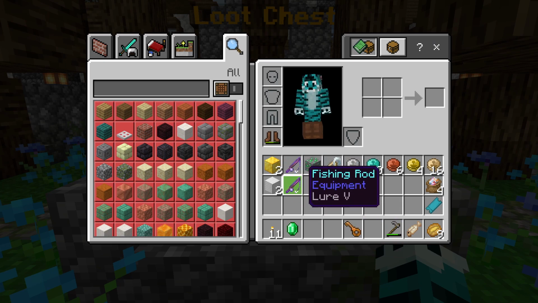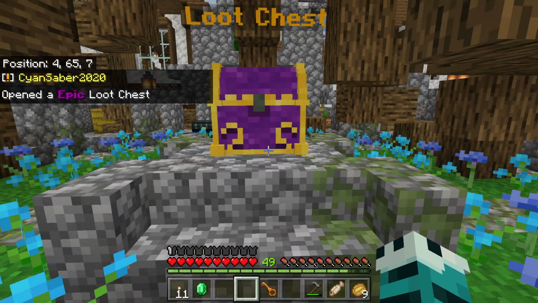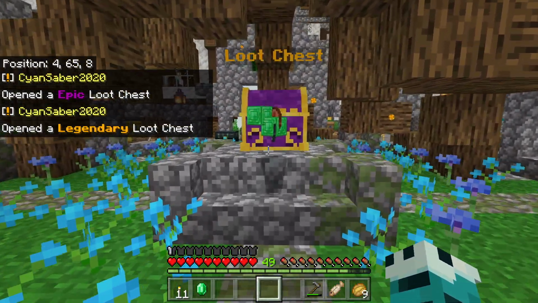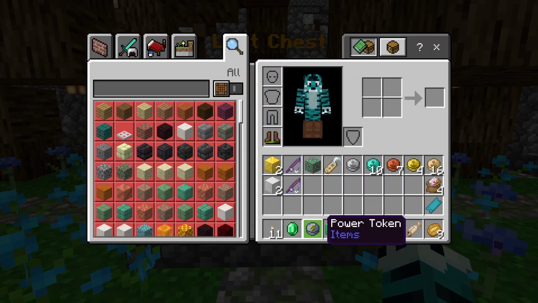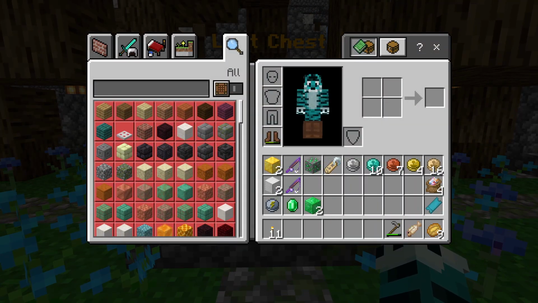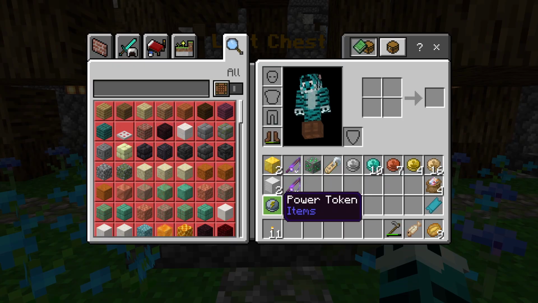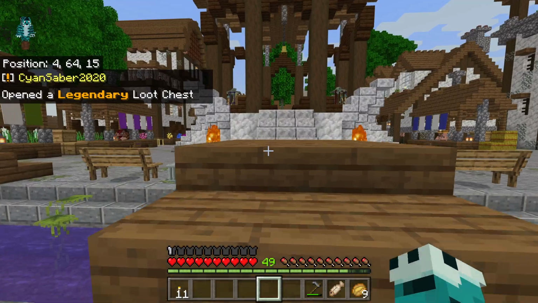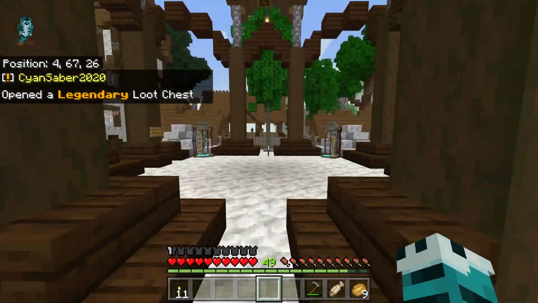A lure 10. I've got lure 7 on my current fishing rod. Oh, yes, power token. Excellent. And a bunch of emeralds we don't really need right now. Fantastic. Right, I'm going to quickly drop this off at base and clear my inventory, and I'll meet you at